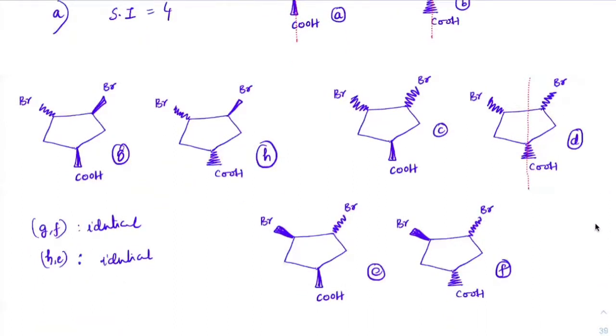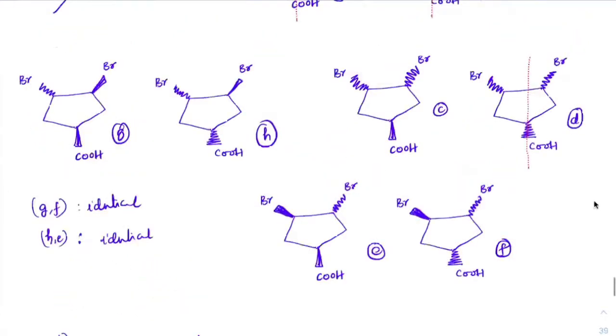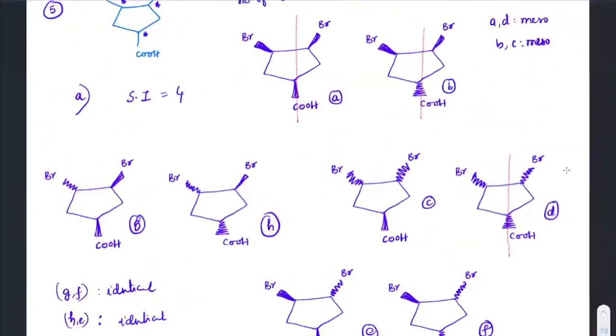You can take any, because these two, this G and H or E and F, any of these two are enantiomeric pairs. Number of fractions. Well, we are not worried about number of molecules. No, just tell me about the fractions. How many fractions we can separate? Can we separate enantiomers?